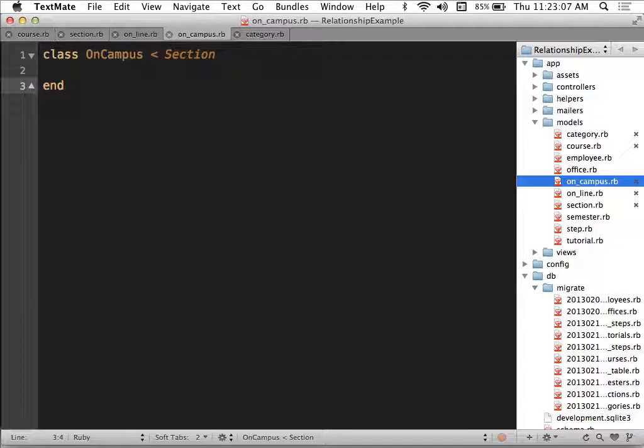Okay? Now, what do I have to do in order to let Rails actually mirror this inherited relationship on the database side of things for me? Well, it's actually pretty easy. All I need to do is add a type column to the table. If I go to my sections table,